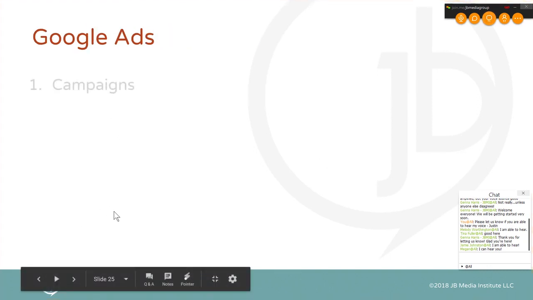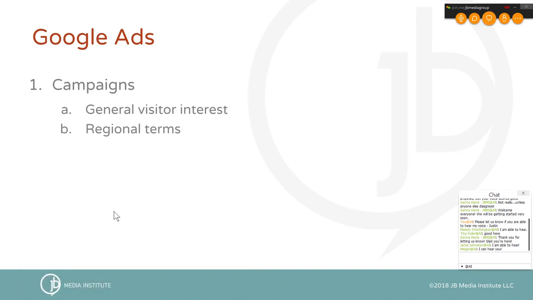So, Google Ads. With Google Ads, we mostly focus on text ads. You can also do banner ads, but those are good for branding. They're not that great for really high quality traffic. You get better quality traffic from search text ads, and you can break those down into several categories based on your keyword research and your website architecture, but there are often campaigns running for general visitor interest, regional terms, key activities,